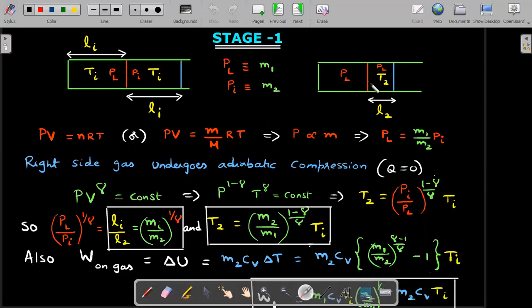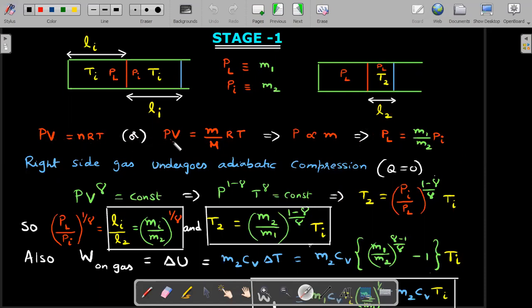So I'll stop stage 1 at the opening of the valve, and you could see a lot of calculations are there, and I tried my best to not substitute the numericals till the end of the problem. That's why the problem looks pretty lengthy. Okay, so because I'm the teacher teaching you this problem, I would like to get the answer in book form. My suggestion, in case you are doing this problem in an exam, is to substitute the values so that these powers could be eliminated. Okay, so with that confidence, let's move ahead and just follow my lead. Don't look at the entire screen, just follow what I'm explaining. Okay, it will be all nice.